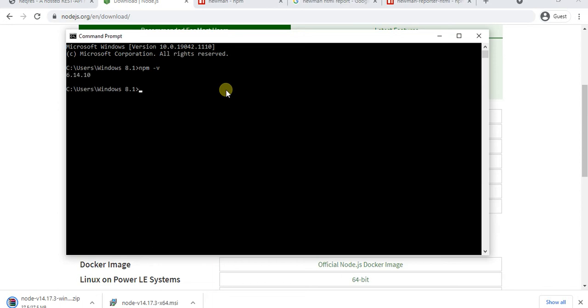So here it shows that npm is installed, version 6.14.10. Similarly, we can type node -v. Yeah, this also shows node is installed.